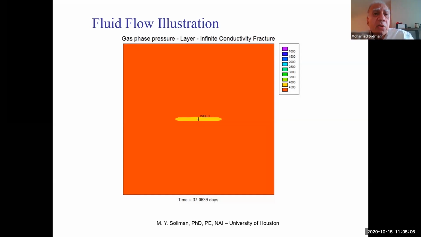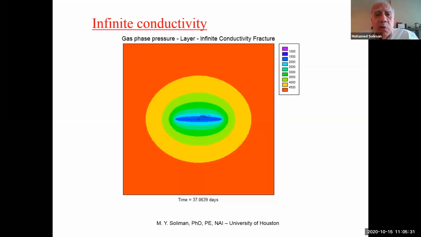So the conductivity is basically infinite, meaning that the pressure drop inside the fracture is negligible relative to the pressure drop inside the formation. And you can see here, the behavior looks very much as if I have just a line inside the formation. That's what will give me linear flow. After a long time,